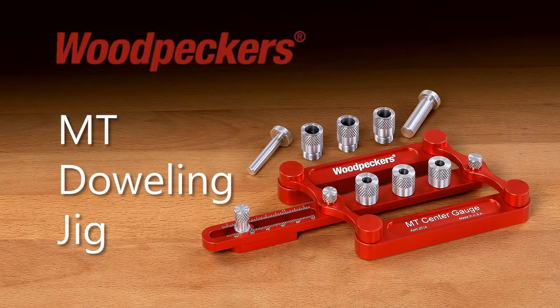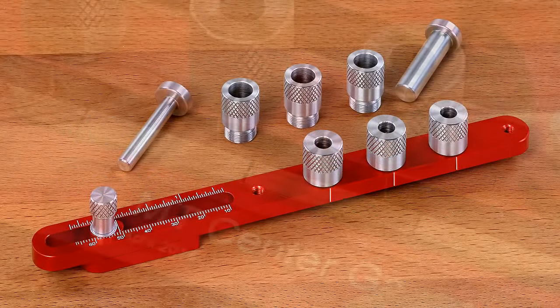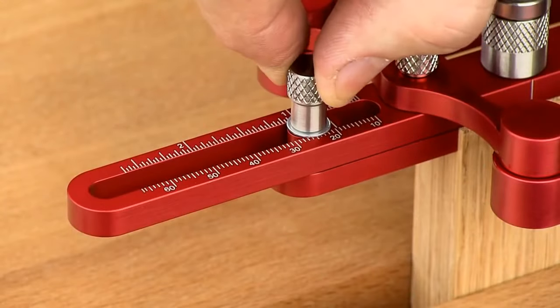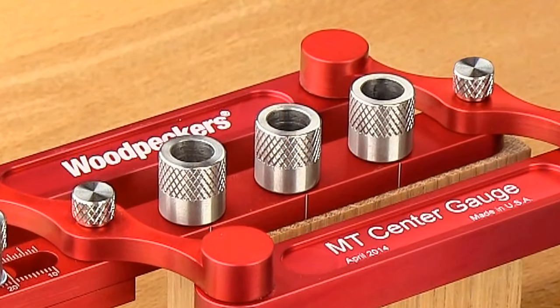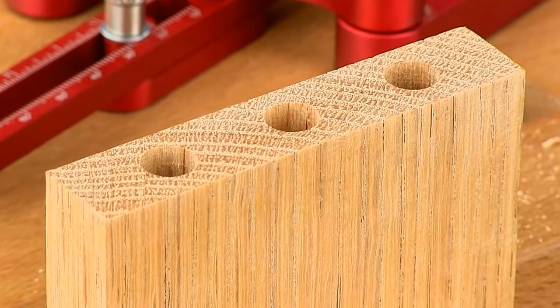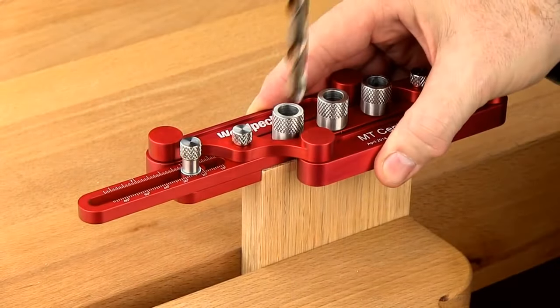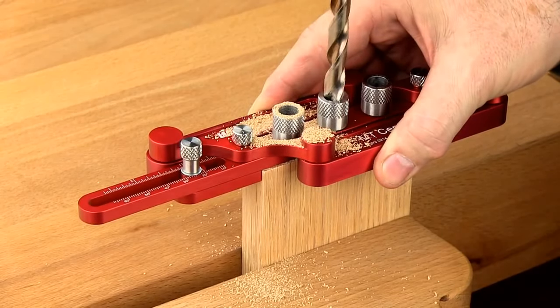Woodpecker's new MT doweling jig is fast and easy to use and gives you pinpoint drilling accuracy. Requested by our customers, the doweling center bar has precision location notches, an inch and metric scale with an adjustable end stop, and stainless steel guide bushings that allow you to drill perfectly spaced and centered end grain holes every time. So just align, squeeze, and drill to make perfect dowels without needing to clamp our jig or tighten knobs